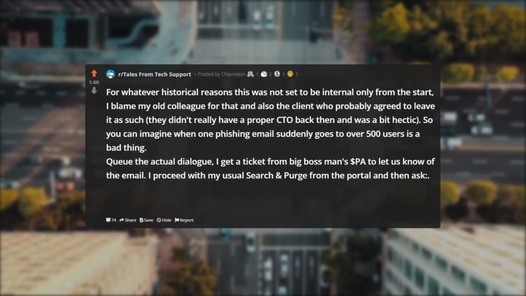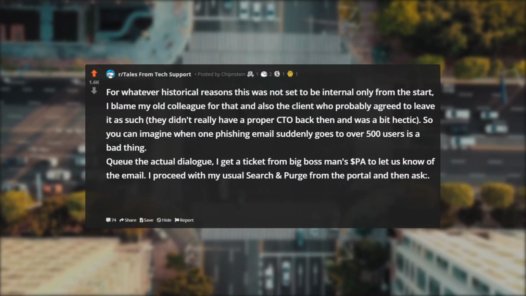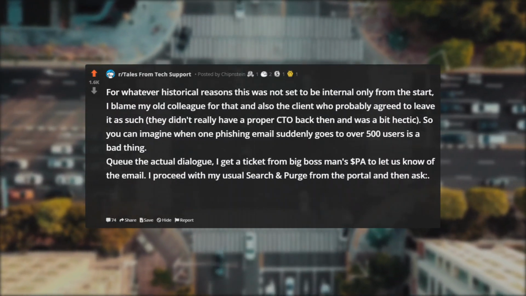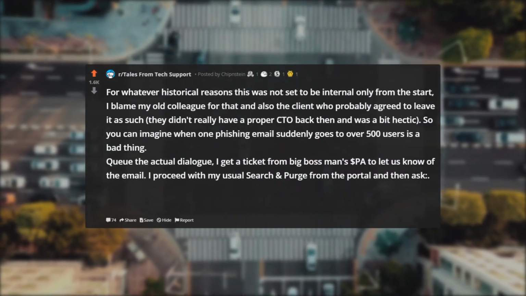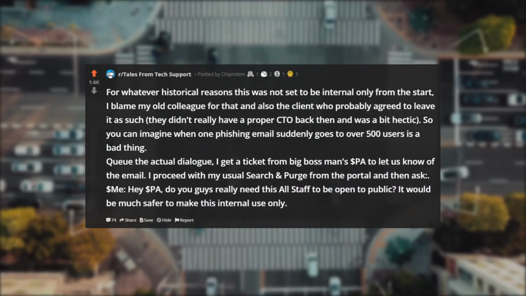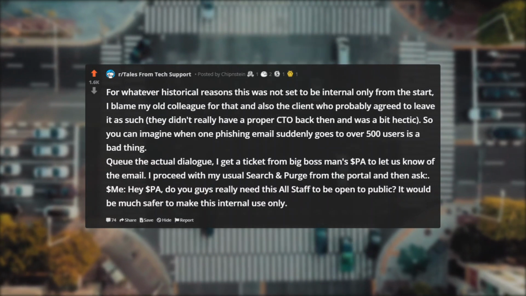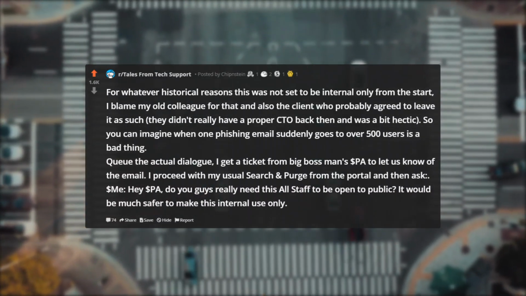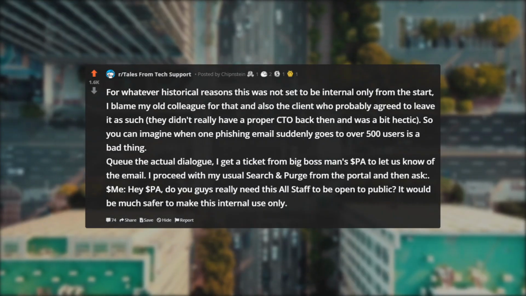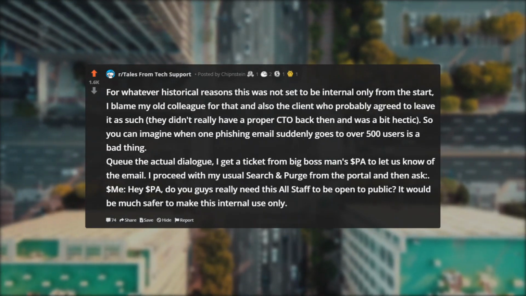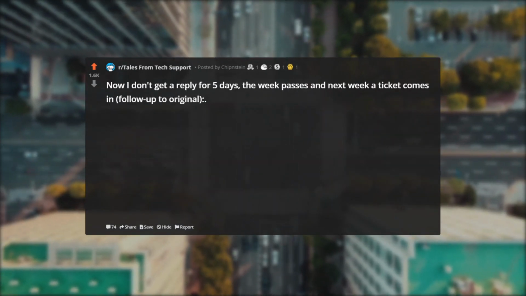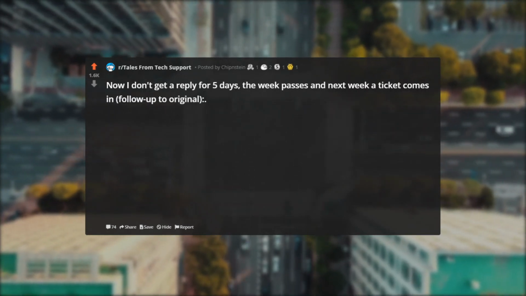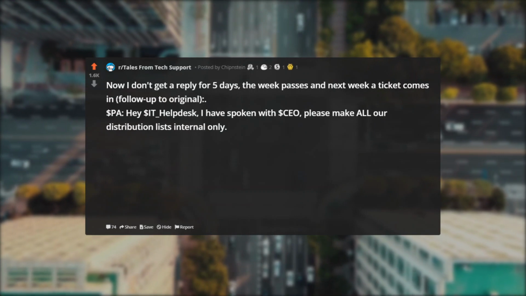Cue the actual dialogue. I get a ticket from Big Boss Man's $PA to let us know of the email. I proceed with my usual search and purge from the portal and then ask: $me, hey $PA, do you guys really need this all staff to be open to public? It would be much safer to make this internal use only. Now I don't get a reply for 5 days, the week passes and next week a ticket comes in, follow up to original. $PA, hey